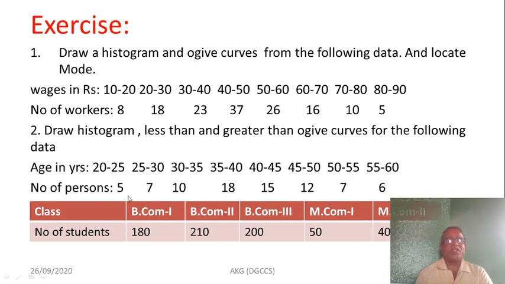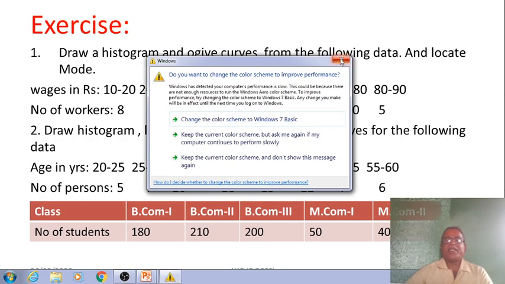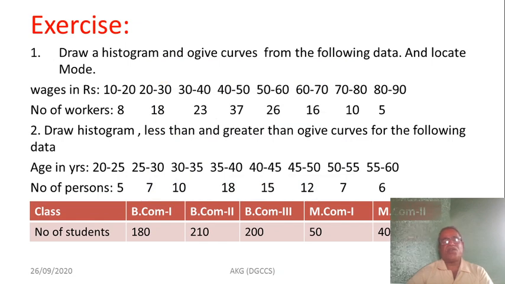So this is about the presentation of the data. Here we see how to present the data by diagrammatical and graphical presentation. In diagrammatical we see the bar diagram and pie diagram, and in graphical presentation we see the histogram, frequency polygon, frequency curve and ogive curves. So evaluate some examples, and see the construction of all these curves, diagrams and graphs carefully.